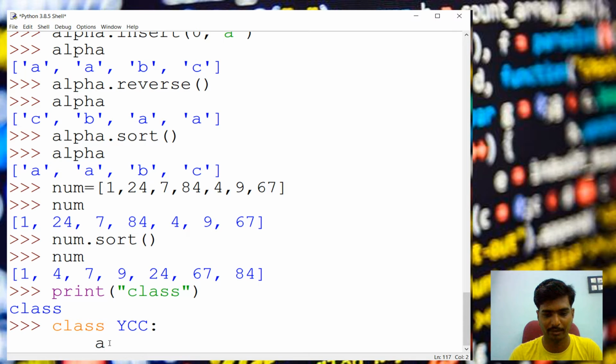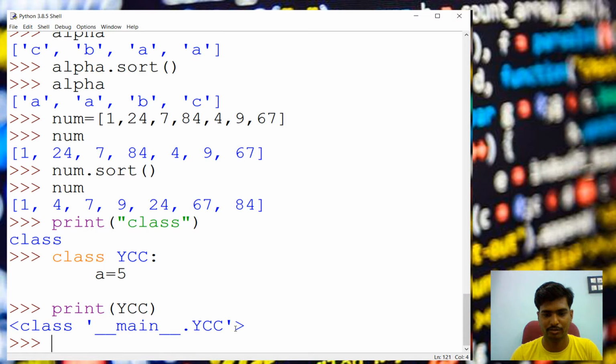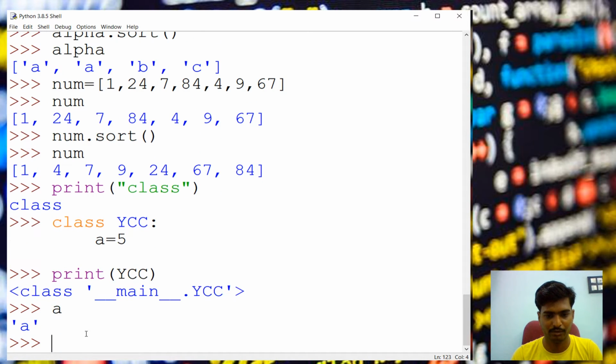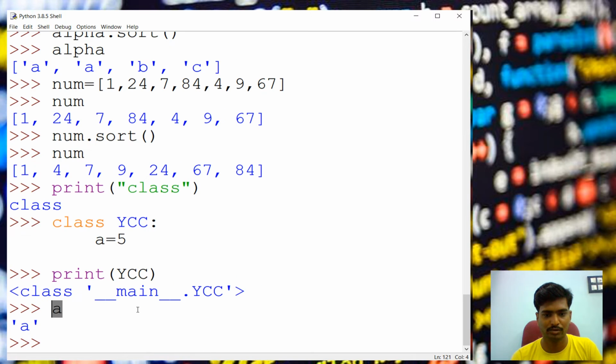So we just give an attribute here, we assign a value to a. We are going to access this a using an object of this class. When you print the class, it just shows that it is a class. When I print a here, you won't get anything from the class, because we already assigned something to a outside, so it prints that value.